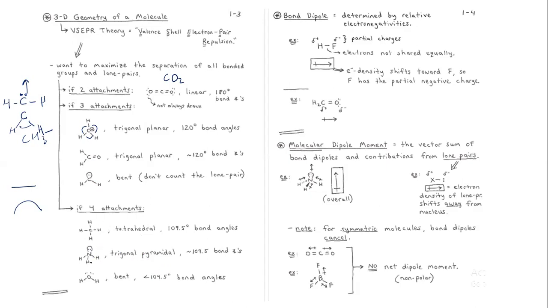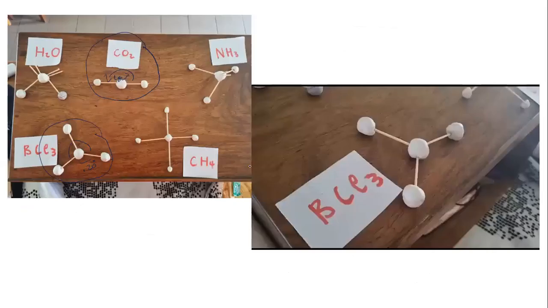Now let me try to explain what is basically taking place here. Let me go back to this video. This is ammonia, and this is trigonal pyramidal. So we have nitrogen in the middle, and then these are the hydrogen atoms. You can see that because of these lone pairs, remember,